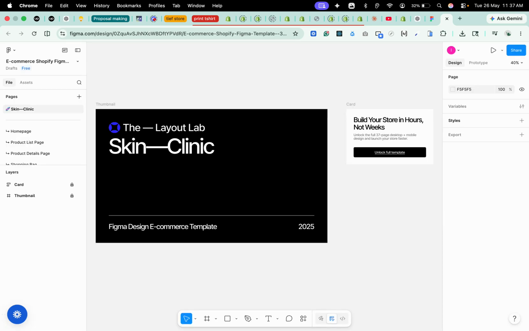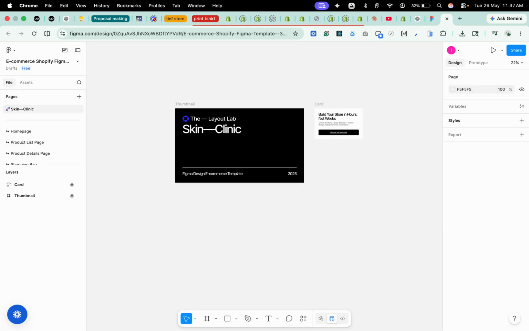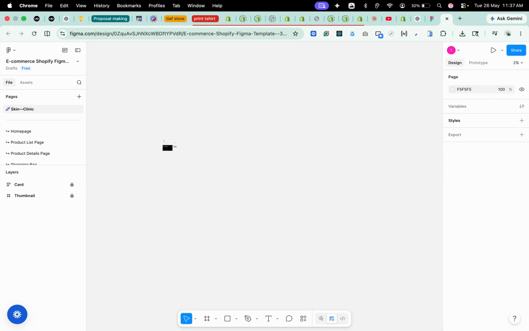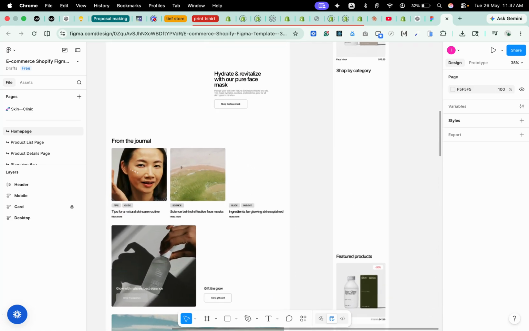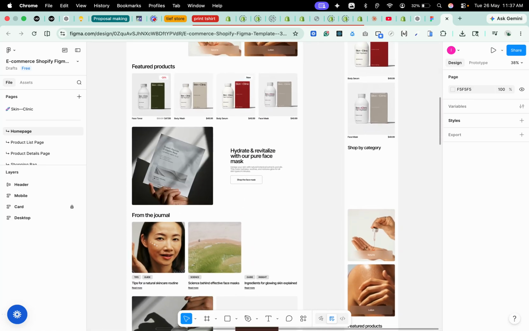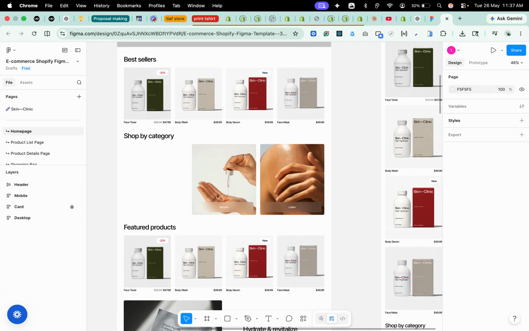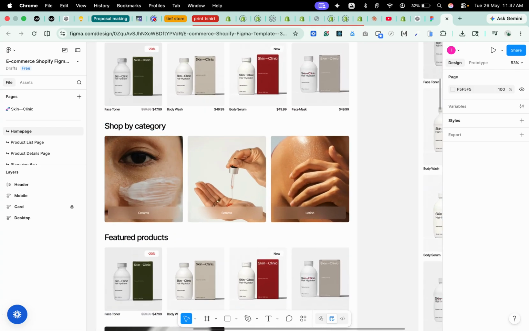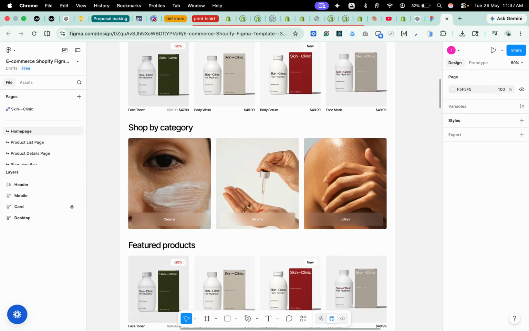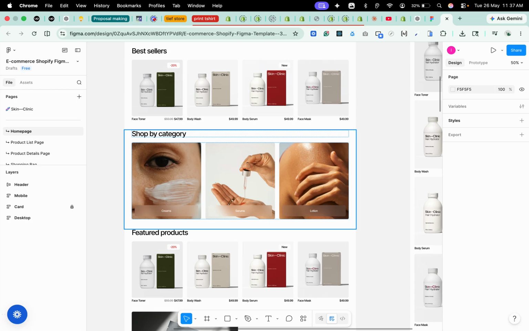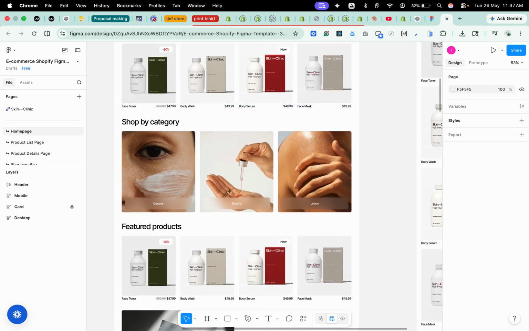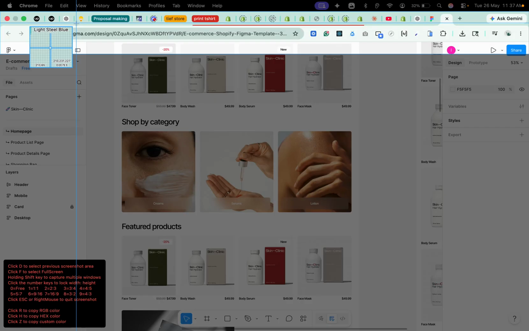Let's see what we have here. It's just a simple one. It is very basic, but we can use it. We can create a section something like this if we want. We will take advantage of AI as well. So let's just copy it,